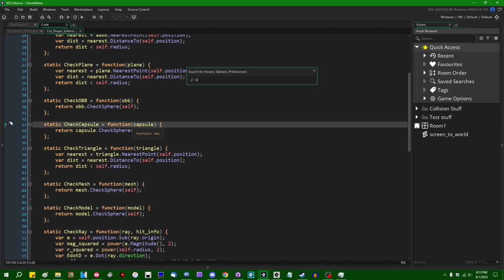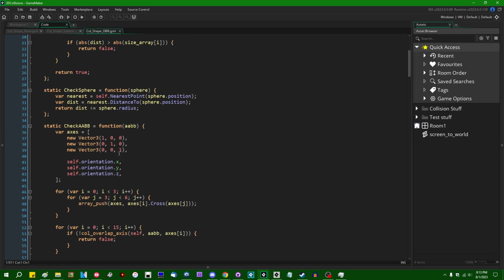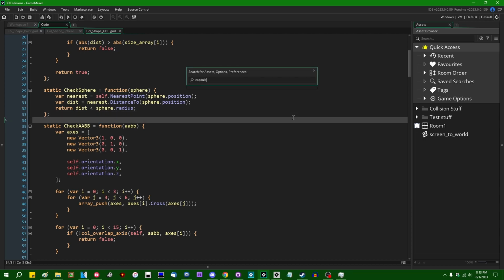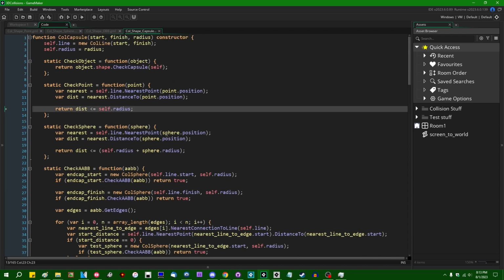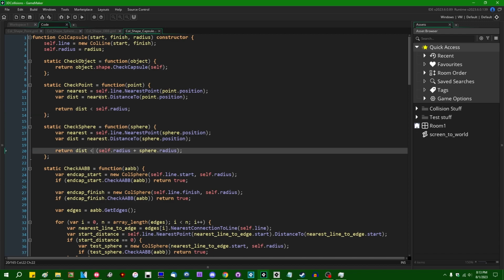OBBs and capsules. Let's look at spheres and OBBs. And let's look at spheres and capsules. I suspect, yeah, capsules are also going to have this problem. I guess while I'm here, I might as well delete the less than or equal to's between, like, capsules and